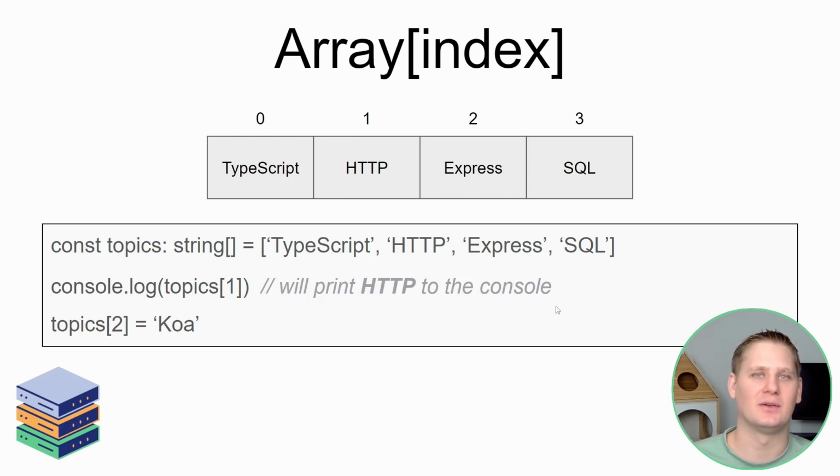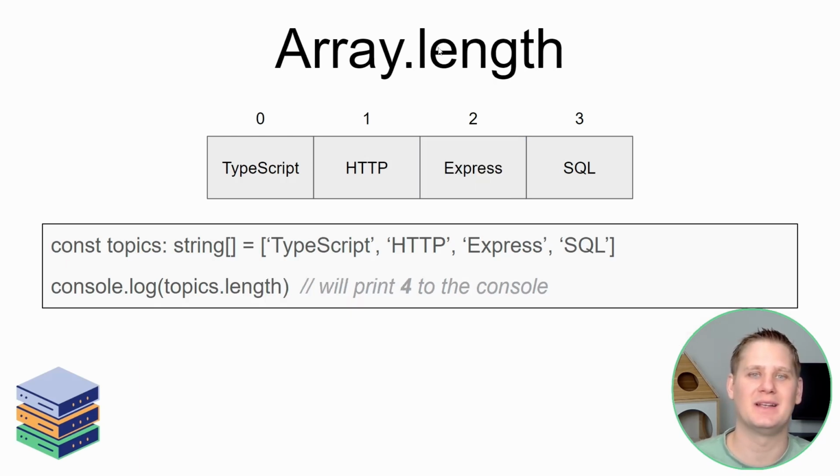The next line of code, where we say topics at index 2 equals KOA, will replace the index 2 Express with the value KOA. So index 2 is replaced with KOA. There are several other properties of arrays that we want to look at. The first property is .length. The .length property will say how many elements are in the array. So if we say console.log topics.length, this will print 4 to the console